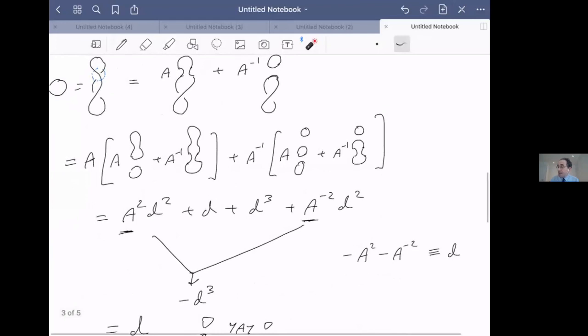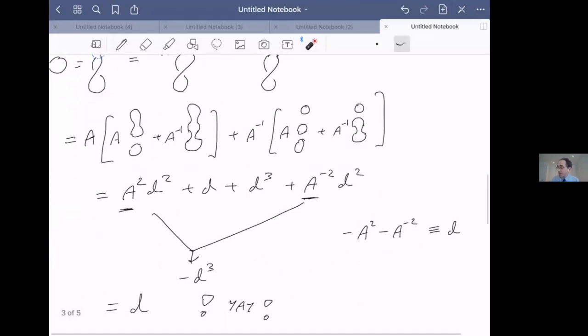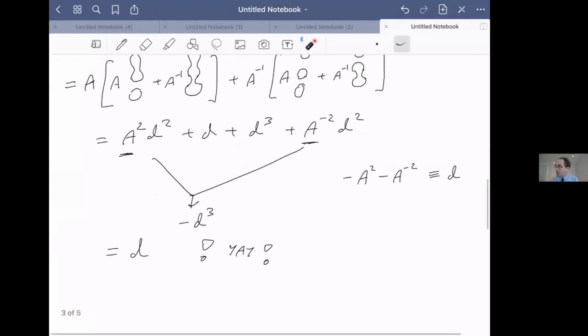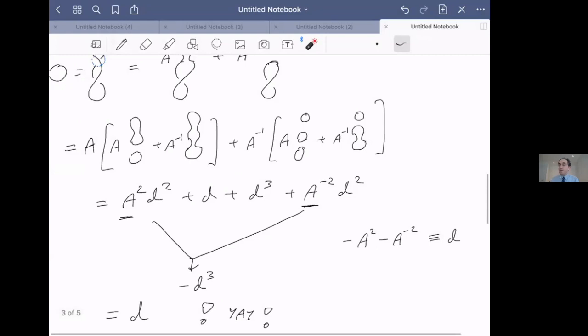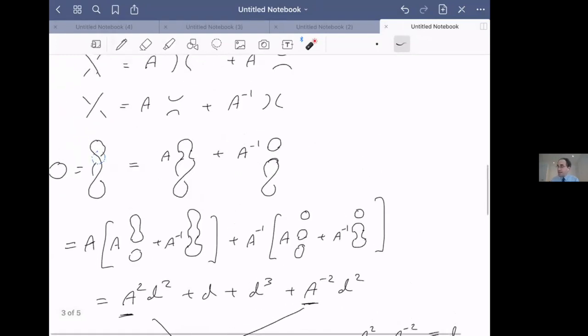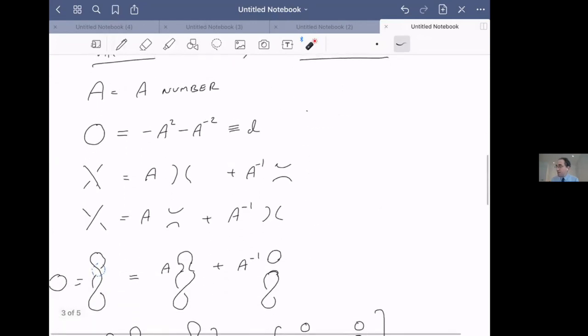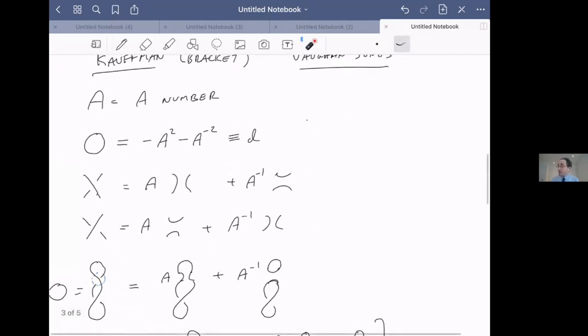I tried to make the knot look more complicated by folding it over, and at the end of the day, it still gives me d. I could have folded over the knot 100 times and made it look super, super complicated. And at the end of the day, I still would have gotten the same result. I still would have gotten d. Okay. So that's how knot invariants work. So you can sort of imagine how this kind of tool is going to be very useful for helping you build your periodic table of knots.